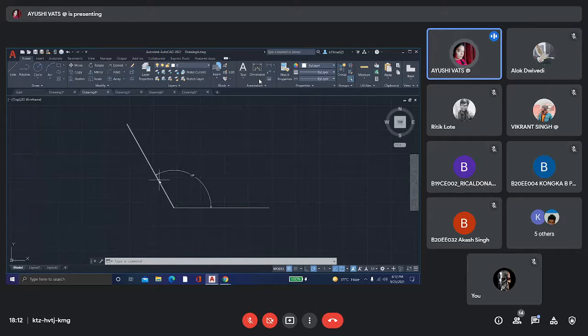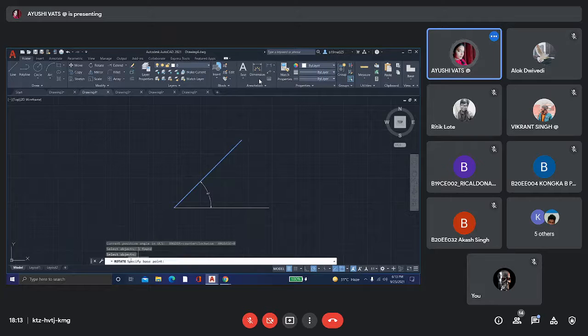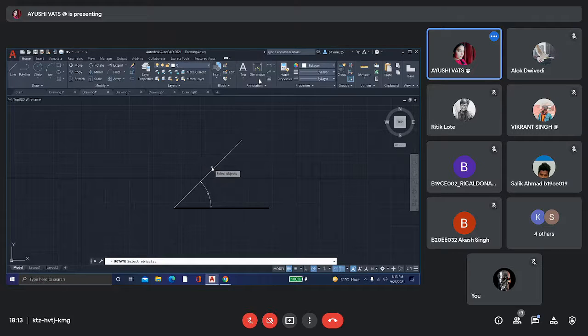This angle is 45 degrees. Now press the rotate command and select the object, then press enter, and give the reference at 45 degrees.